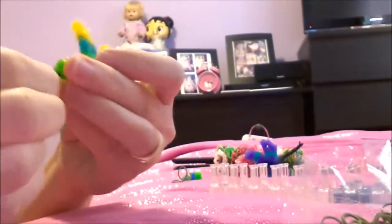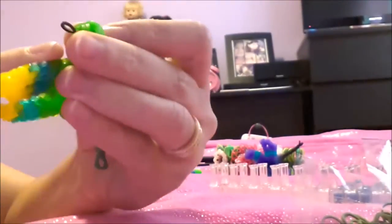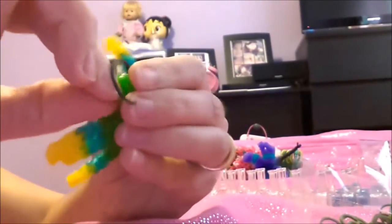And then our last piece is the eye, or the antenna, sorry. So all you have to do is stick your hook in the middle of the head, and I used a black rubber band for my antenna, and all you have to do is cut this rubber band. So you cut it like that, and then just pull it on the other side and even it out,